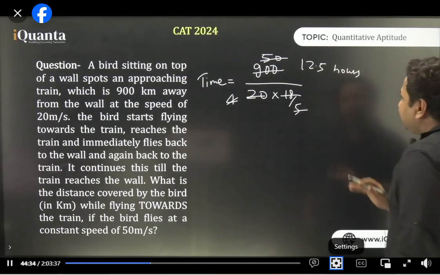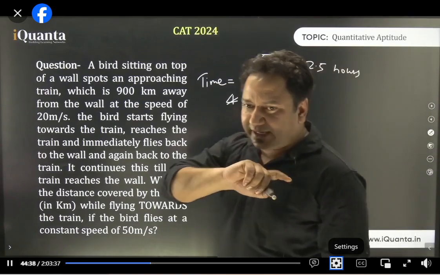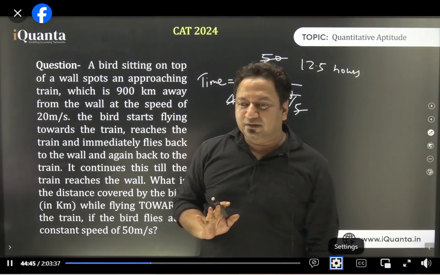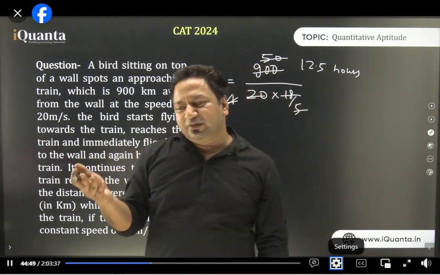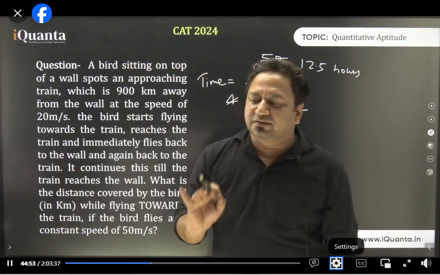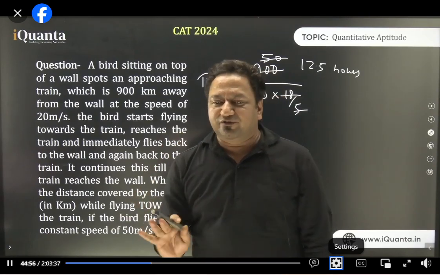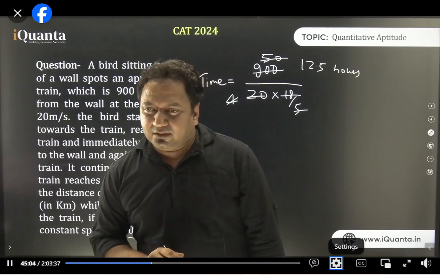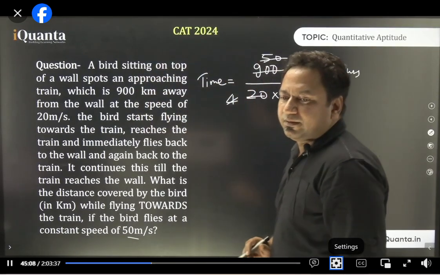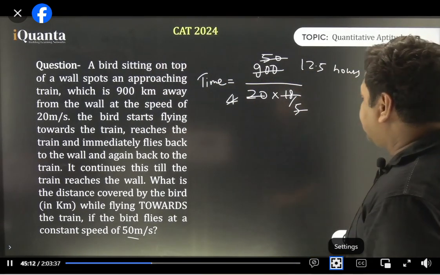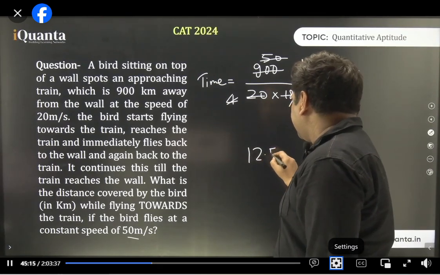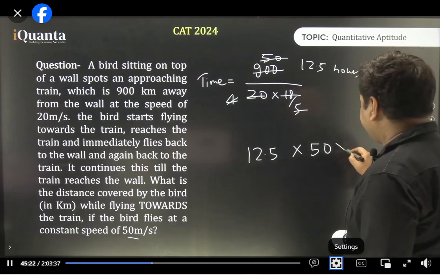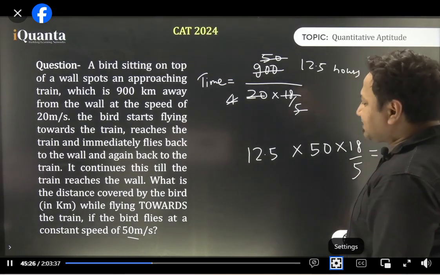Is this the time for which bird is also flying? It's flying in the forward direction, then coming back, then flying, then coming back, and all that stuff is happening, right? अब चिड़िया आसमान में जाए या पाताल में जाए, गोल गोल घूमते रहे, कुछ भी करते रहे. One thing is for sure that the bird has flight for 12.5 hours at a speed of 50 meters per second, right? Right. So let us multiply 12.5 with 50. This is meter per second. Let's convert it to kilometers per hour. So that is distance traveled by bird.